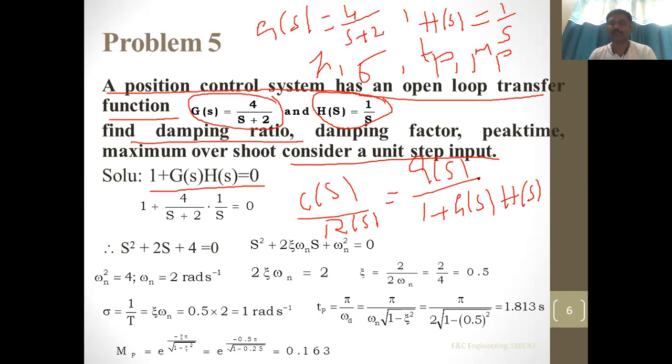Instead of these two, you can use any one relation. Now I use the characteristic equation relation,